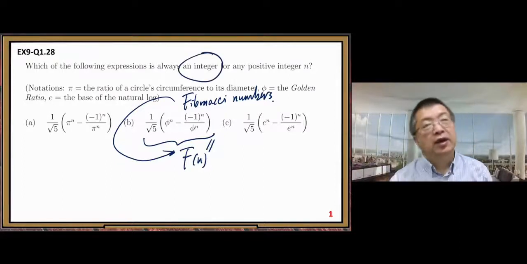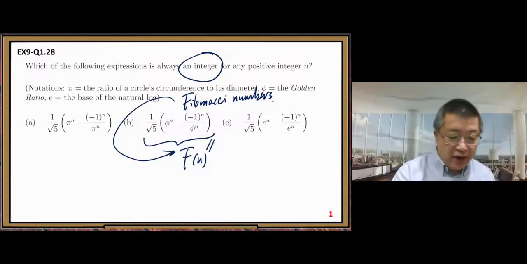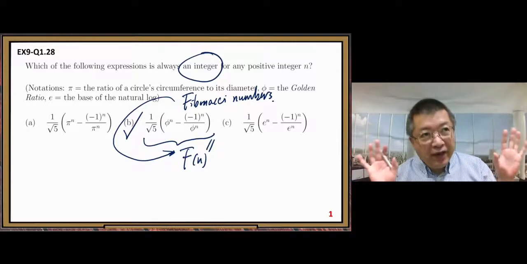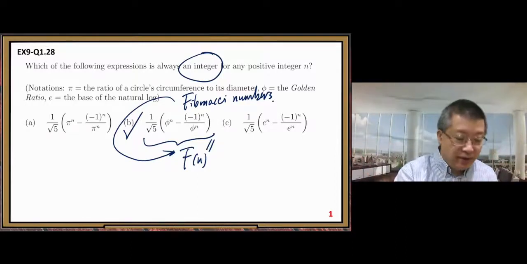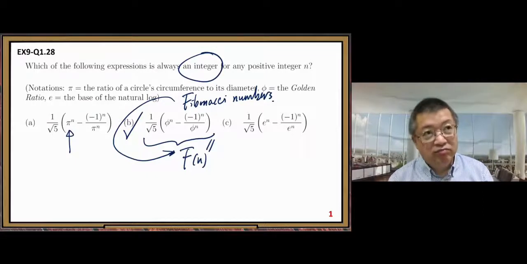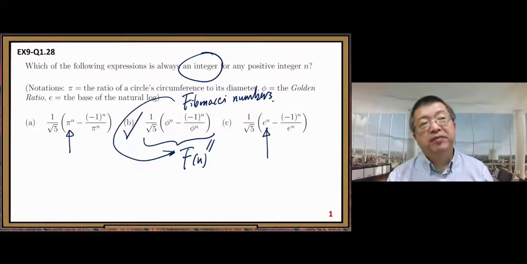Then you can get the answer to this one easily. The other two: replace phi by pi, the first one. Second, replace phi by e. So you can see